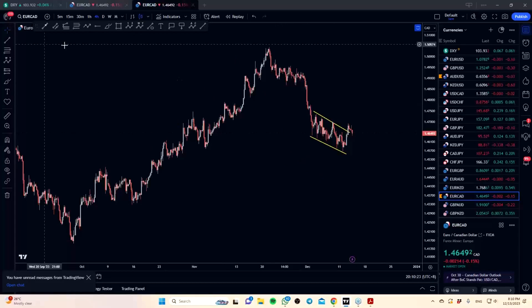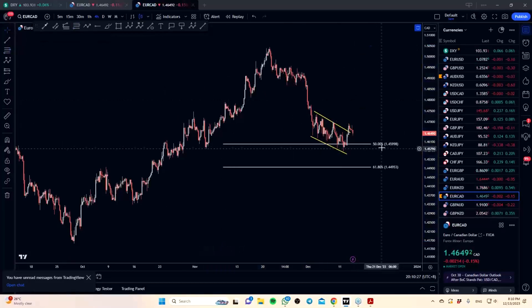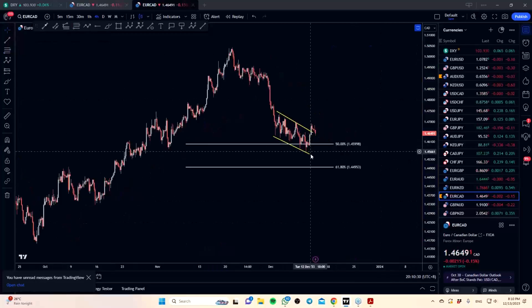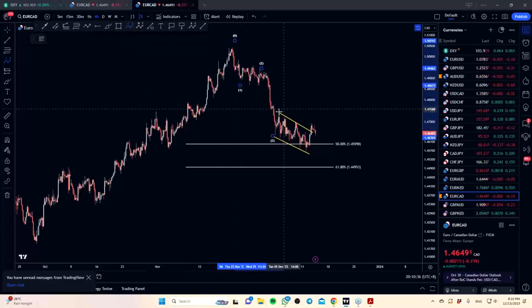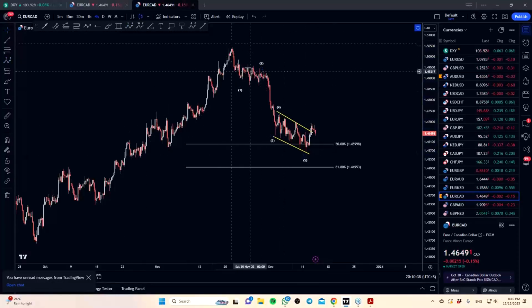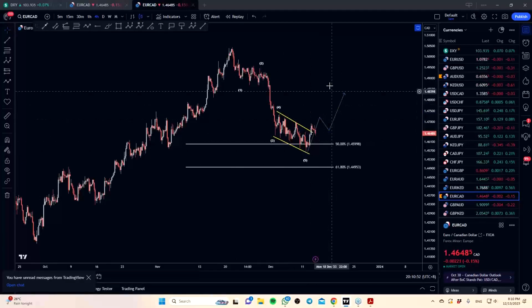Is this a decent area in terms of context to look for a trade? Yes, right? So you can see 50% of this entire move. We are in a key zone on a high time frame. The context is great. Over here in terms of Elliott wave, we also have a 5-wave move development, which completes a cycle. So we do expect at least a 3-wave move to the upside as a form of potential retracement, right? That's our expectation. So in terms of context, looking for a buy trade here is pretty decent.